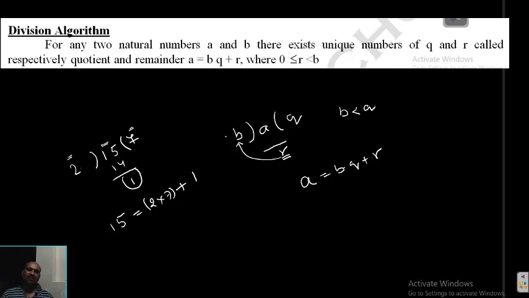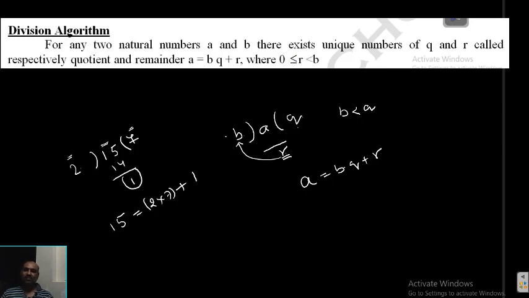So what is the meaning of that? If a number A is divided by another number B under the condition, you get two other numbers, natural numbers or whole numbers, Q and R, so that A equals BQ plus R. Here Q is called the quotient and R is called the remainder. So the value of R may be 0 or the value should be less than B, then it is called a remainder.